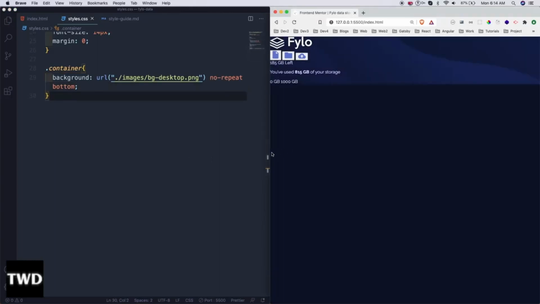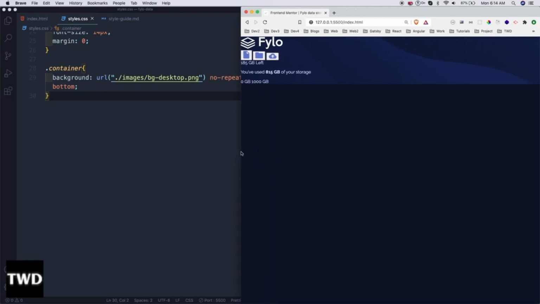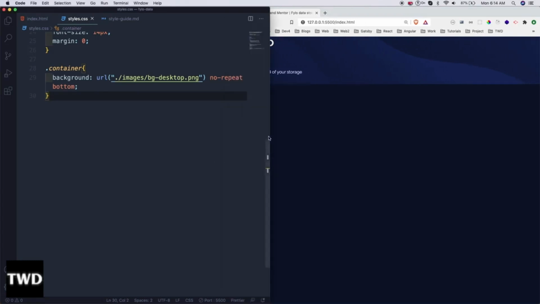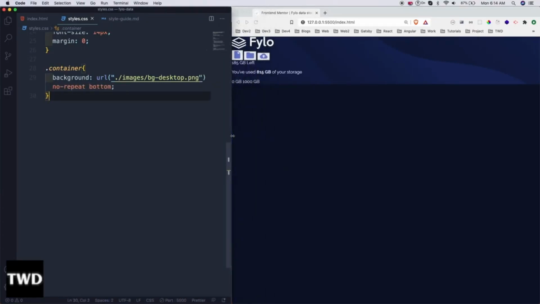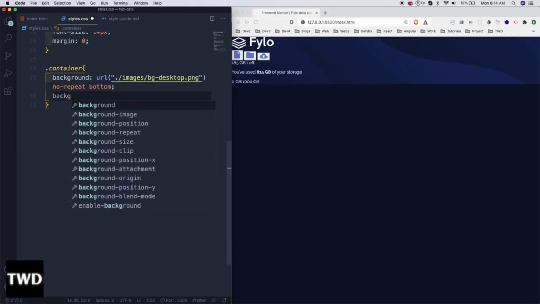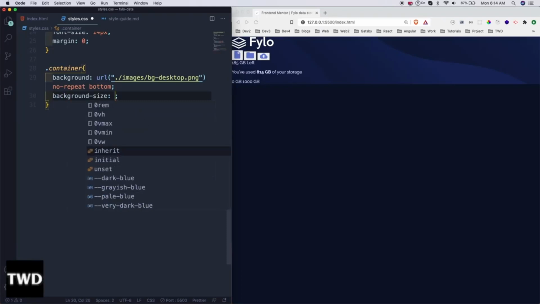Let me do one more thing. This size should be this much to be actual, because that size was not good. Now it's a desktop size. So let's move ahead then. Background size is contain,